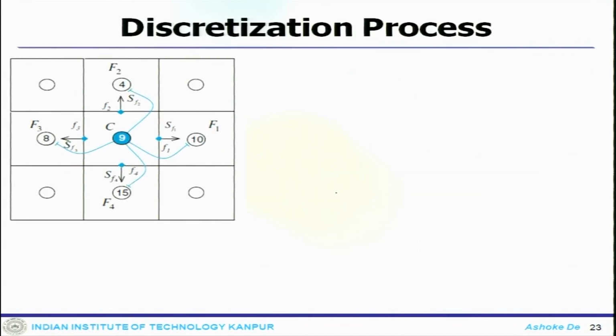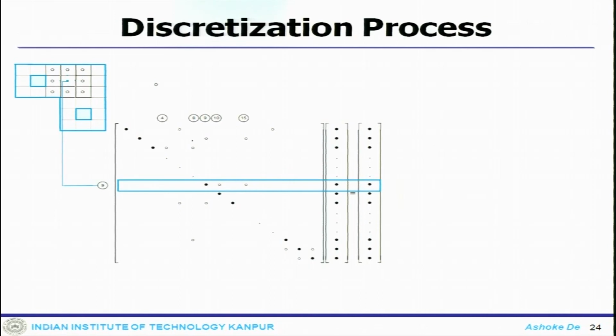So, this is where, once you bring them together into the global system or the global matrix, element C is now connected with 10, 4, 8. So, this numbering 4, 8, 15, 10, they are actually the global numbering, and once you put these global numbers together, you see the matrix like that. So, what I am looking at here was my heat-based problem, or the physical problem that I was solving, and this is the element that we have considered.